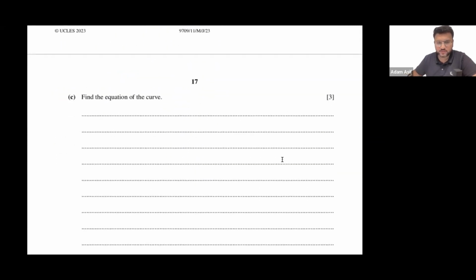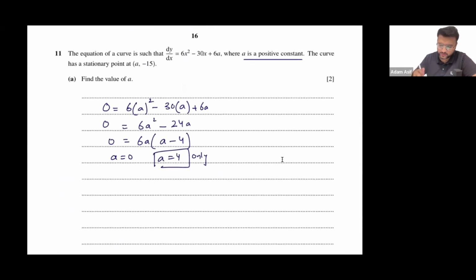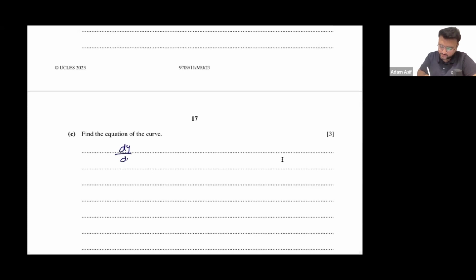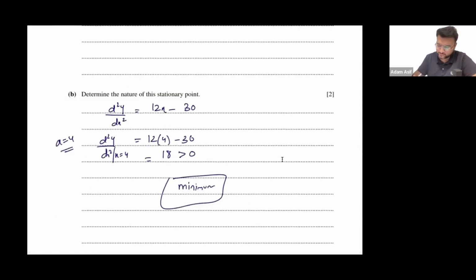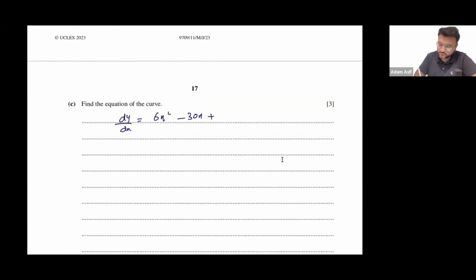The second last part is to find the equation of the curve. To find the equation of the curve, we are going to integrate this function. So dy by dx is 6x squared minus 30x plus 6a, and a value was 4, so that's going to be 24. Now you are going to integrate the function to get y: 6x cube upon 3 minus 30x square upon 2